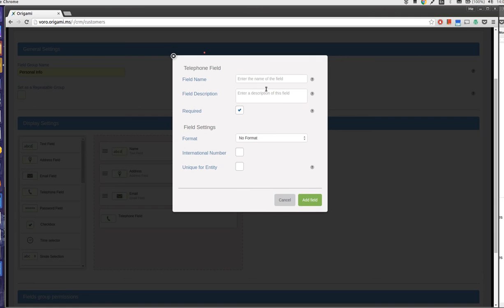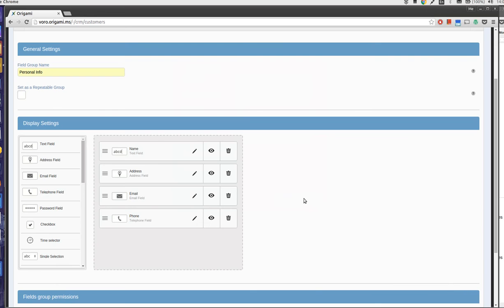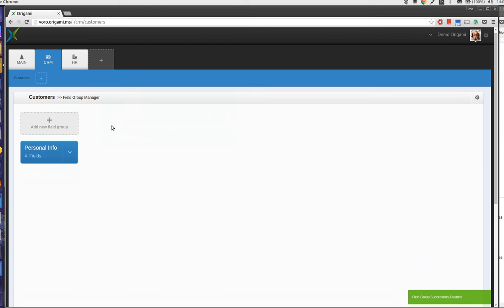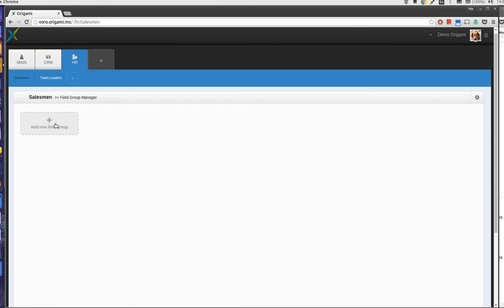And their telephone number. Or let's just call it phone for the simplicity. Okay, and add new field group. Awesome. Next we're going to make exactly the same for the salespeople and for the team leaders, but this time